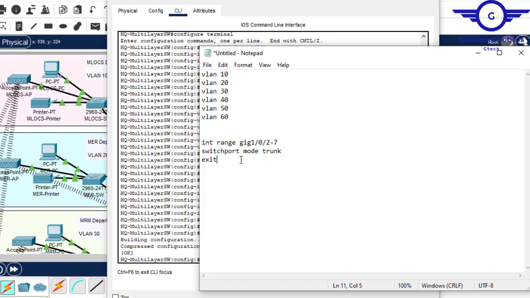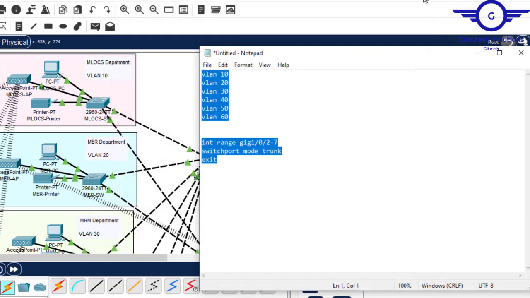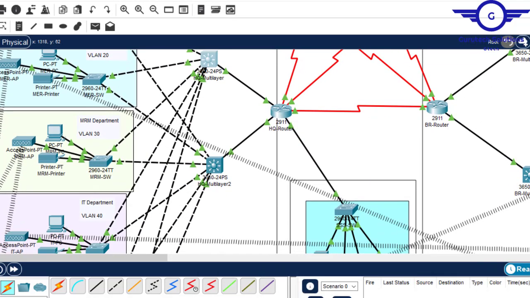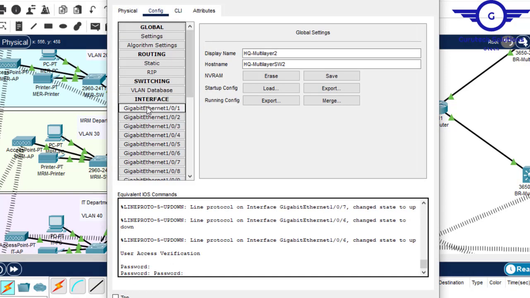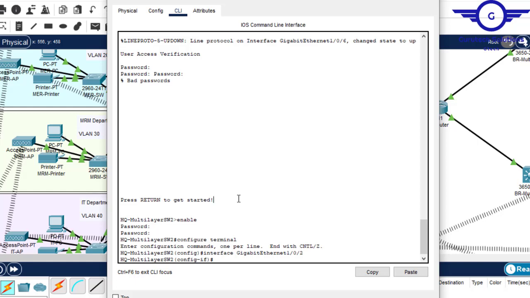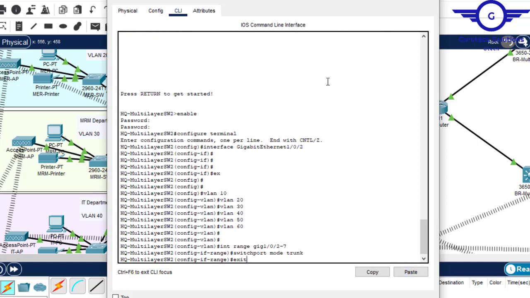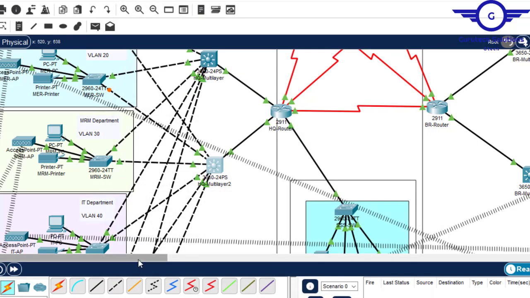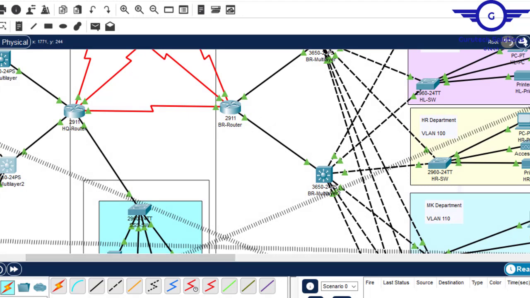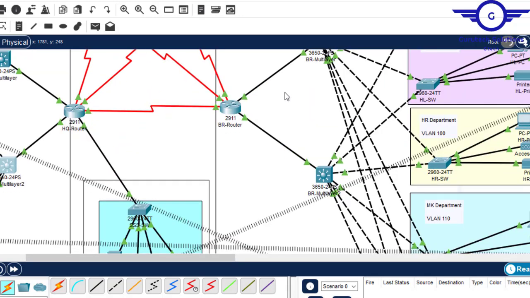Alright, so copy to the second switch, which is this one. Come to config, hit enter, exit, and hit enter. Alright, so for this side, guys,